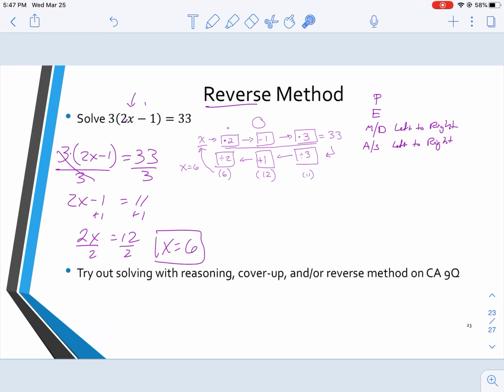Now I would encourage you to go into Class Activity 9Q and solve those without using the standard method. Or if you want to do the standard method first, that's fine, and then try to do reverse or cover up. And I'll show how to do those in a